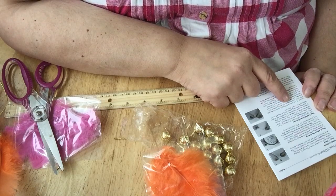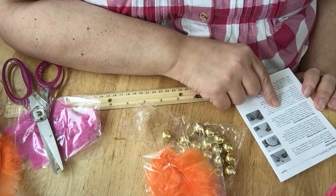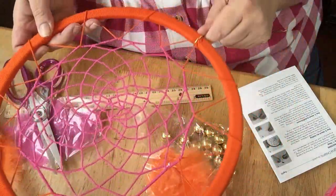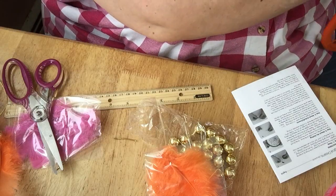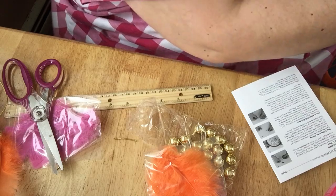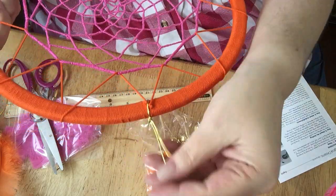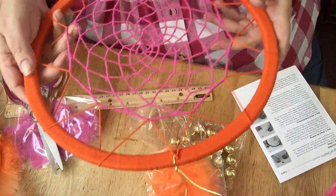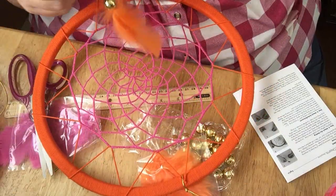Tie the 4 12-inch pieces to the hoop, 2 pieces on either side. Okay, so if this is the top of it, I'm actually going to take it and I'll show you when I'm done because I'm done on camera. Okay, I'm back. Yeah, that's what I did right here. I just tied it around that. And then it'll be a loopy thing. So we're going to tie the ribbons, or rather the feathers,